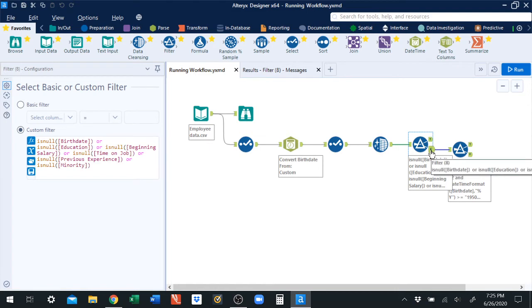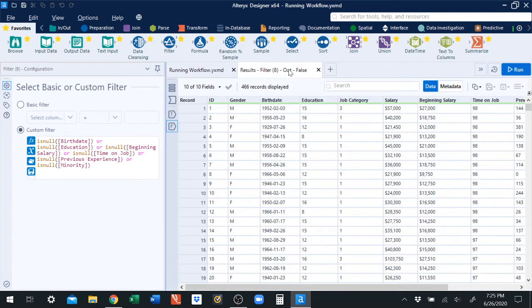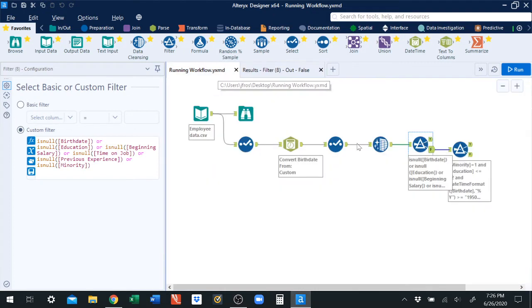we had filtered out the null, any row with a null in it. So our original data set has 10 variables. It had 474 records, 474 individual people, 1 record or 1 row per person. We filtered out any row that had a null in it, and that left us with 466 records. And then